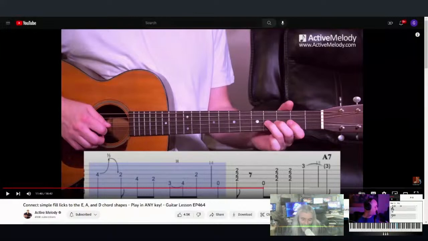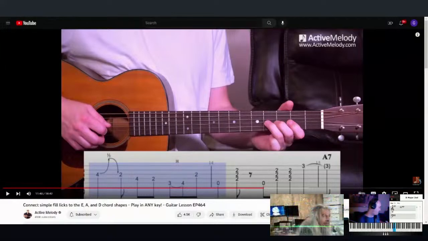Sharp, E, F sharp. Or the B would be on the way down. Yeah, and then he shifts over to the E. Probably, yeah. From the A, you can shift to the E, which would be going to the 5 chord essentially. If it was A major going to the E, the E feels like the 5. And if you were going to the D, that would feel like the 4. So sometimes you would go from the A to the D instead.